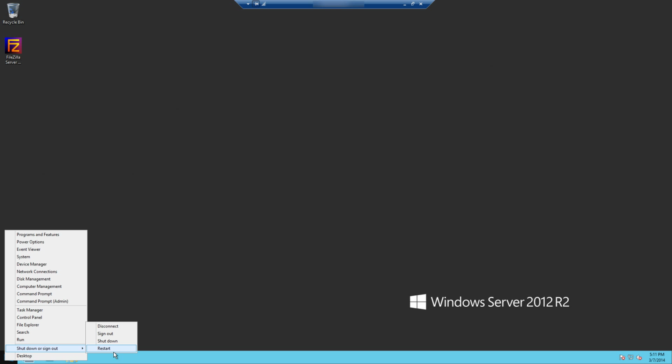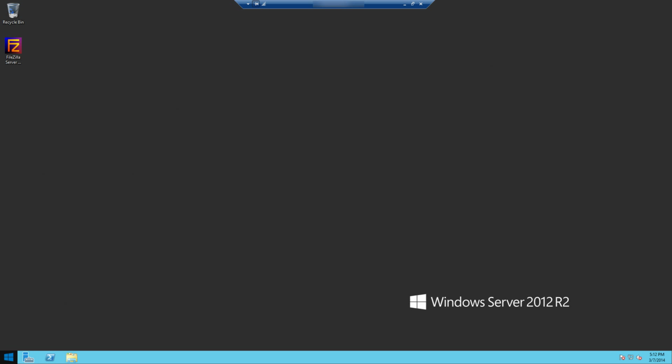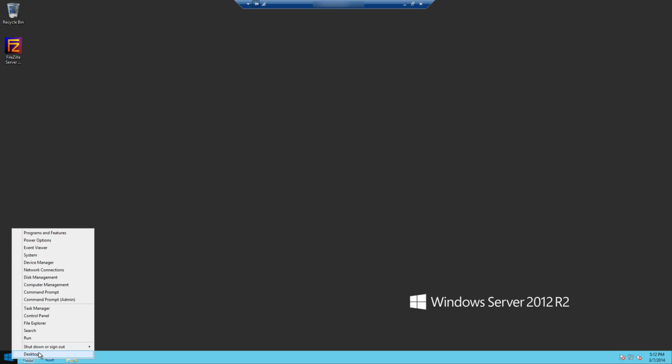Instead, you would want to restart the server. That would actually shut down Windows and then momentarily restart your server in a couple minutes, and you'd be able to reconnect and all your sites and services would come back online automatically. That's what you use for doing Windows updates, installing new applications, etc. It's the restart command right here, which was a right click on the start button and then go to shutdown